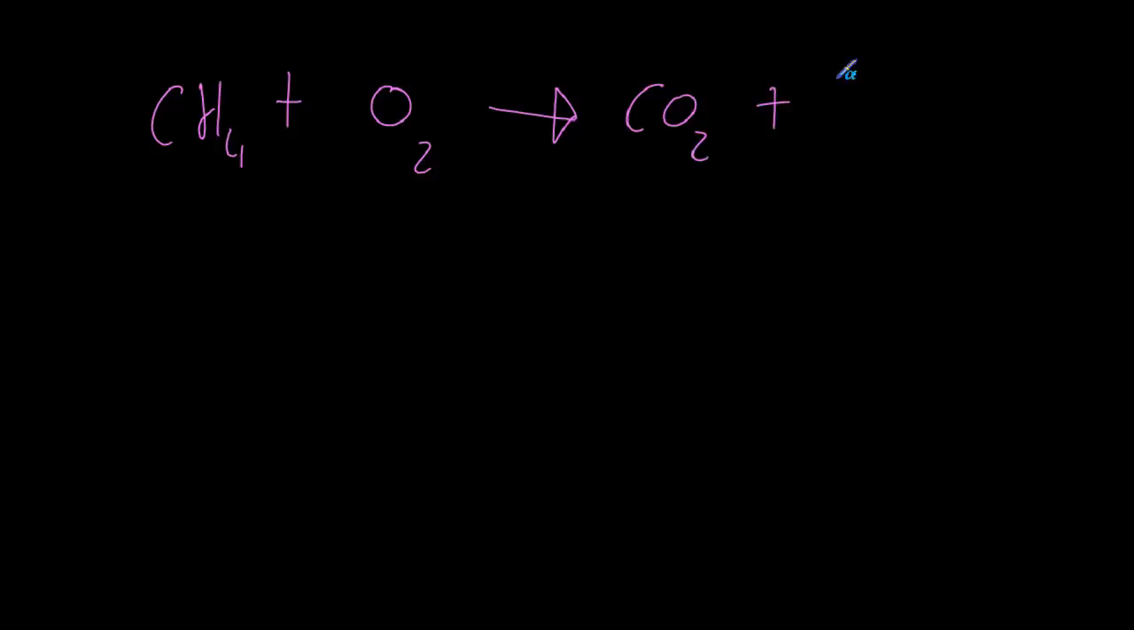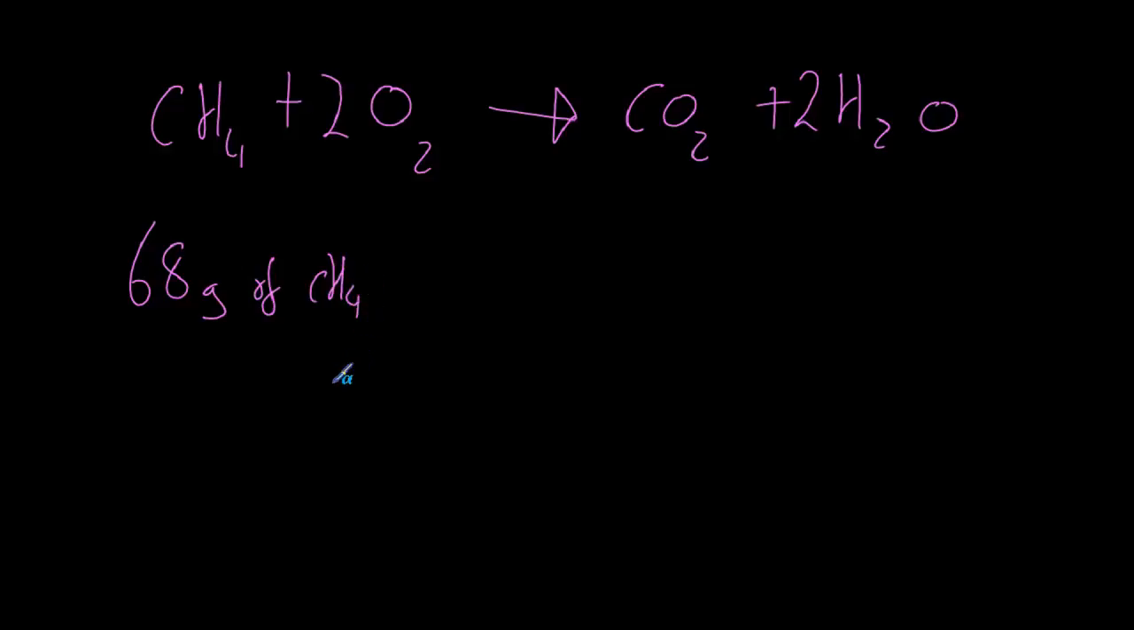If we have the reaction, let's say the combustion of methane, so CH4 plus O2 gives us CO2 plus H2O. And if I'm going to balance those, then we're going to have 2 there, because the hydrogens are now balanced. And now the oxygens, we have 4, so we need 2 oxygens as well. So this is now balanced. And now if I said I had 68 grams of methane, which is CH4,